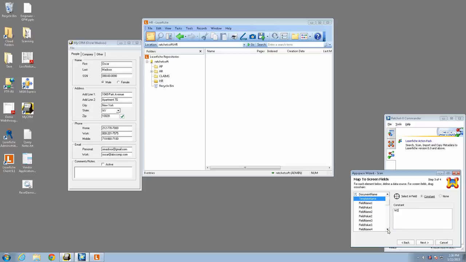Let me just show you, get a kind of a larger view of it. We have these pairs of field name, field value, field name, field value. They go from 1 to 20. You can use a maximum of 20 of these. Now, if you ever wanted to go beyond 20, you could do that, but you'd have to go into the Laserfiche Action Pack code and make some slight modifications to handle more. Field name. Okay, well, the field name we're going to first grab is going to be